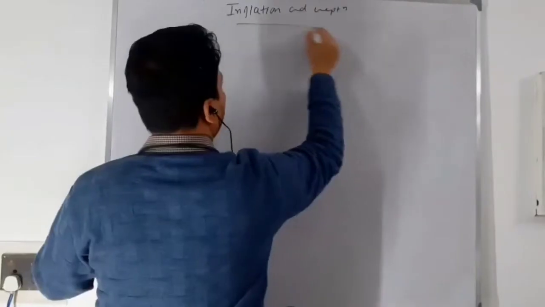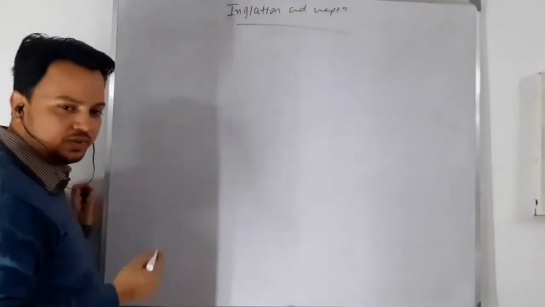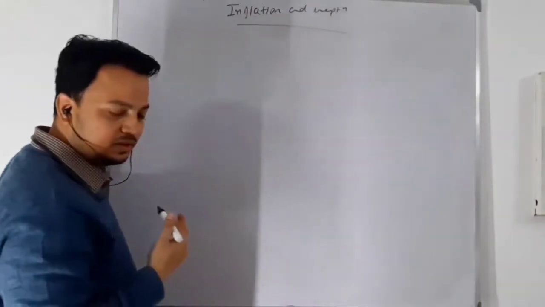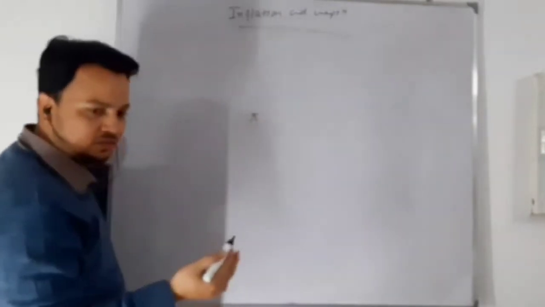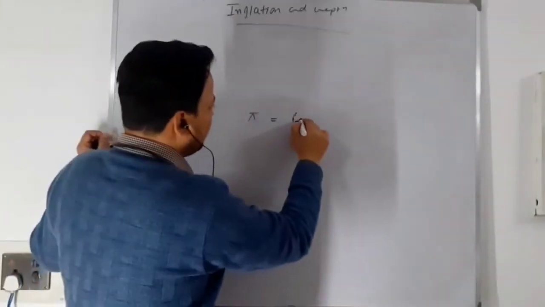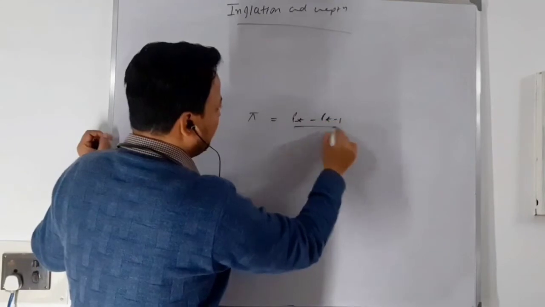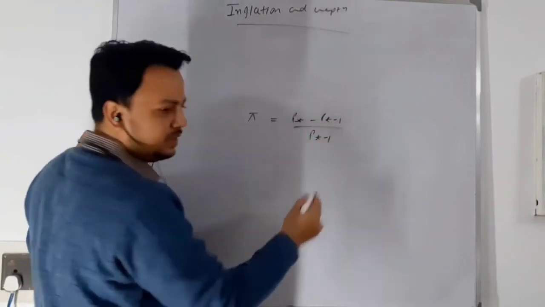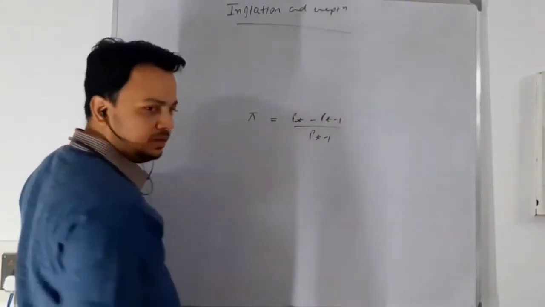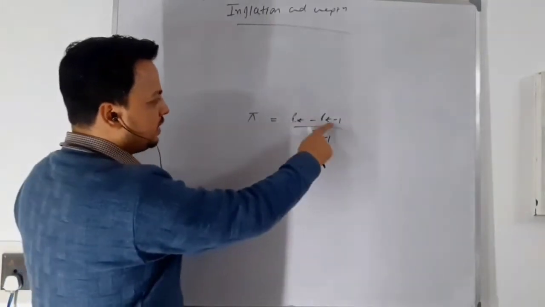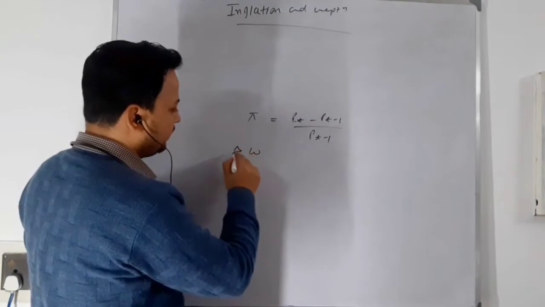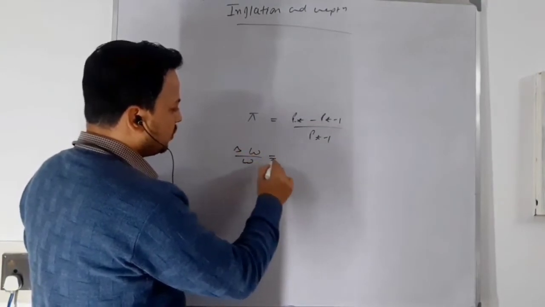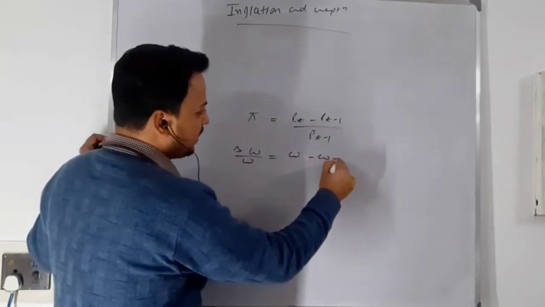Now, when I am talking about wage inflation, or inflation, if you remember the lecture that I have done, what is inflation? Increase in price level. You have P_t minus P_t-1 over P_t-1. This is inflation, and you multiply the rate by 100. This is the current year price, this is the previous year price. Similarly, when I am talking about wage inflation, it will be this year's wage minus previous year's wage